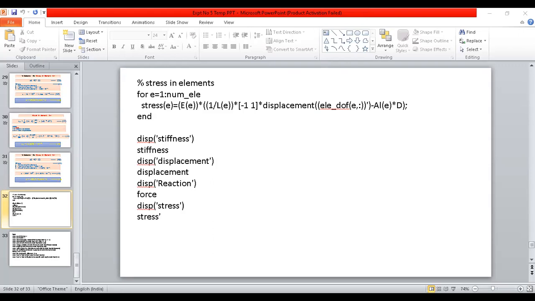then formation of individual stiffness matrix, formation of global stiffness matrix. If you know the force array, we are able to find out displacement. If you know the displacement array or position, we are able to find force or reaction at that respective node. Last, find out stresses. Okay, just simply run this program for our given problem. Here I am clicking the run button.